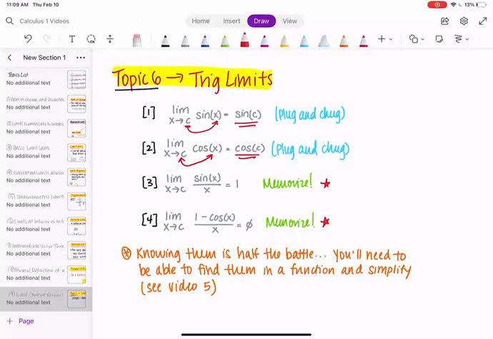And an example of that was found in video 5. So if you're interested in what I mean by that, basically they'll give you some really big, ugly looking function. And what you'll do is you'll factor out a combination of these rules. And that'll allow you to say, even though the function looks disgusting, I can say, well, I know that this